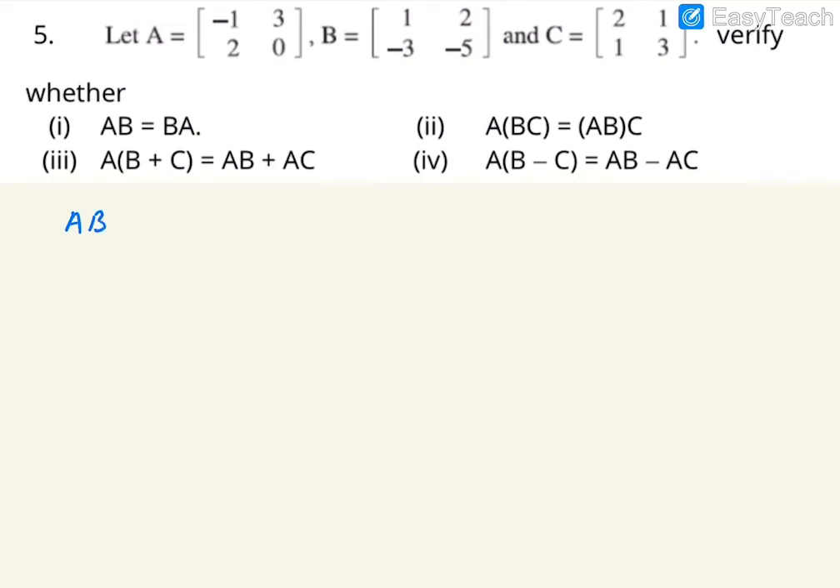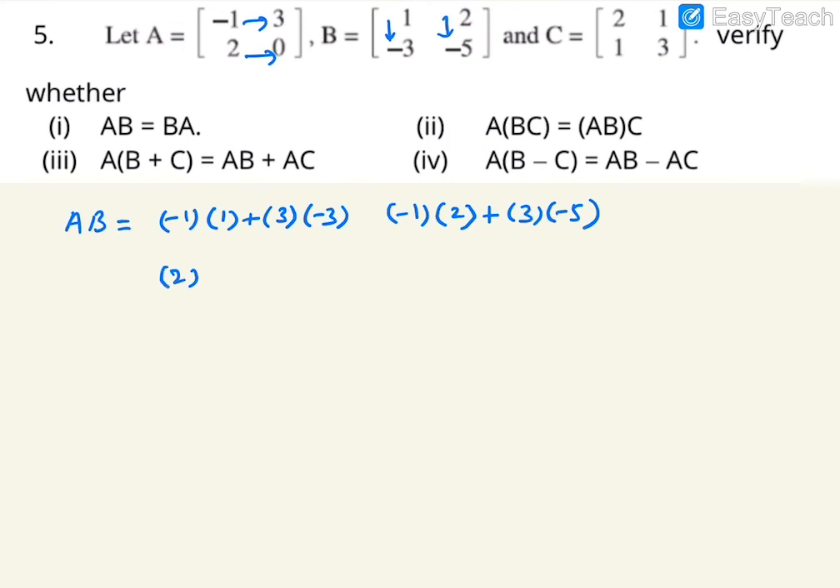So how to find AB? AB, A multiplying with B: minus 1 with 1 plus 3 with minus 3. Similarly, first row with second column: minus 1 with 2 plus 3 with minus 5. Second row: 2, 0, 2 and 0. Write like this, and column elements just copy: 2 and minus 5. So this is AB,